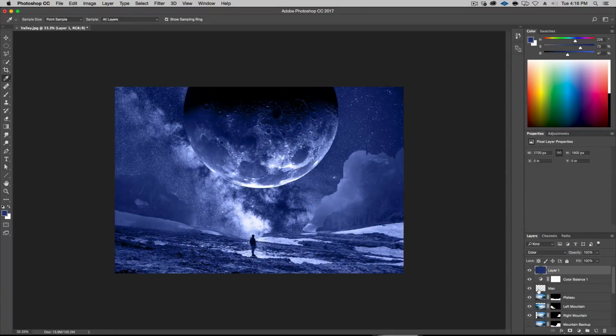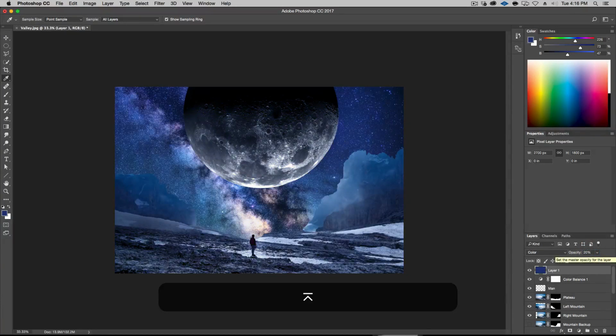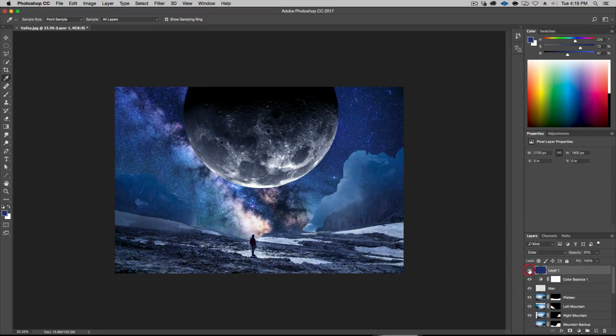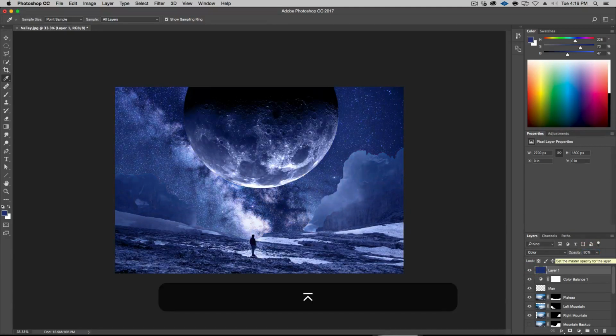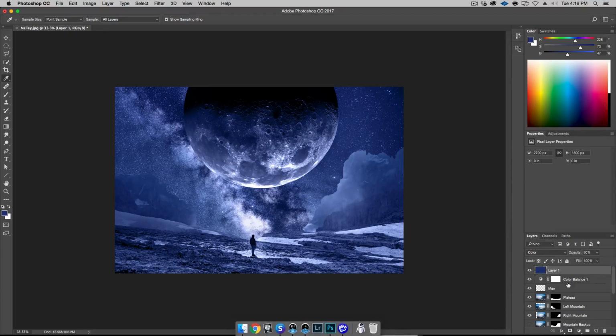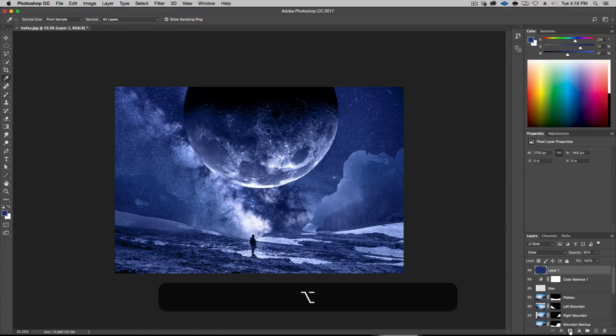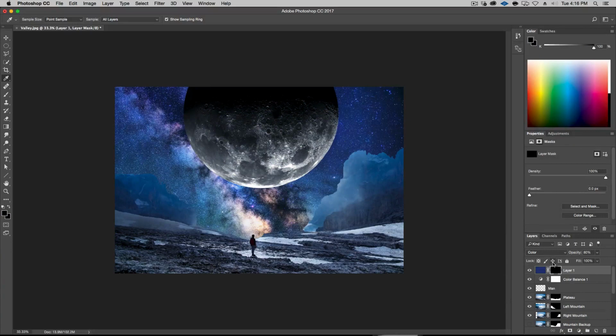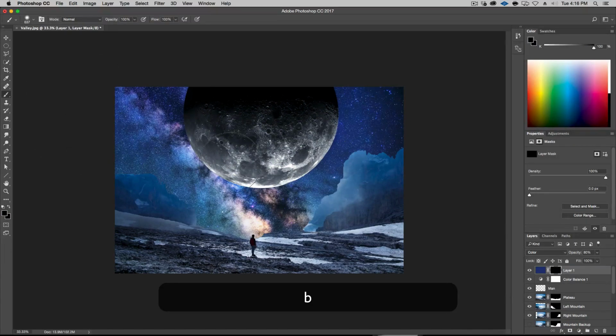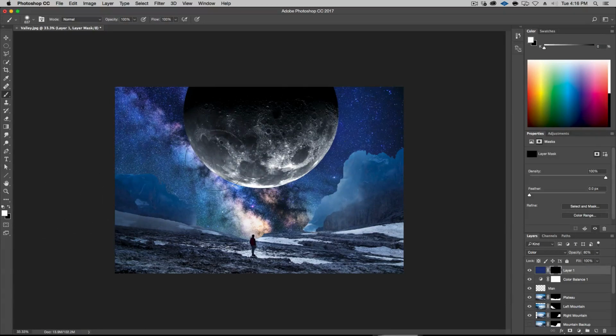Now it's going to turn everything into a single color, which we do not want. And let's just bring this down to say 20%. Okay, it's adding definitely some. What I'm actually going to do is bring this up to 80%, and then we're going to hold down Alt and add a mask, which makes it all black, and we're going to brush over where we really want it. So D for default colors. Now I'm in white in my foreground at 100% opacity, which is pretty good.